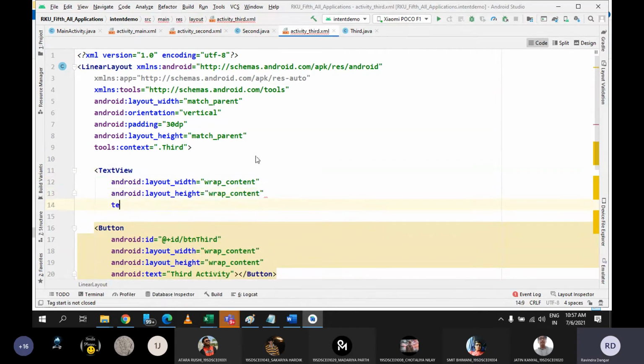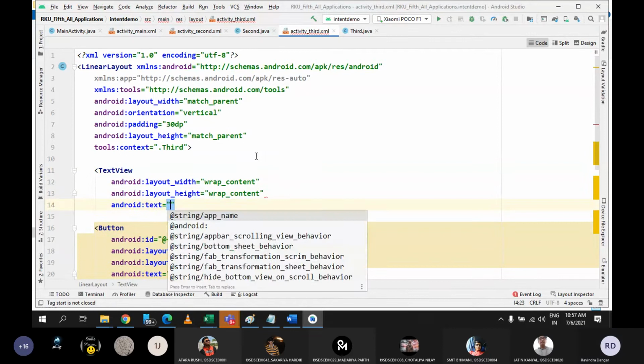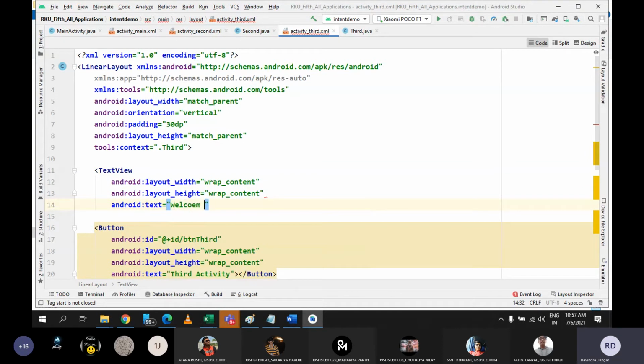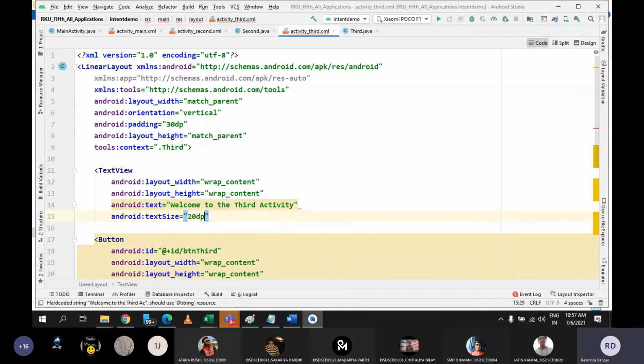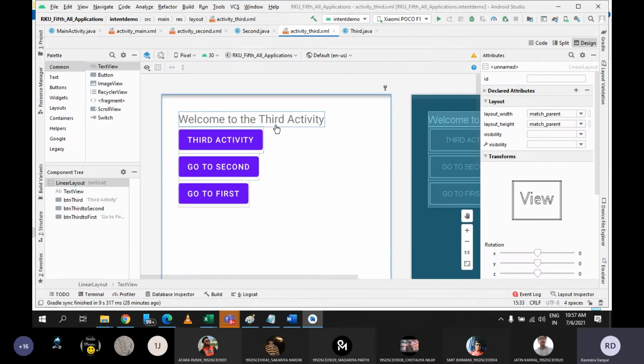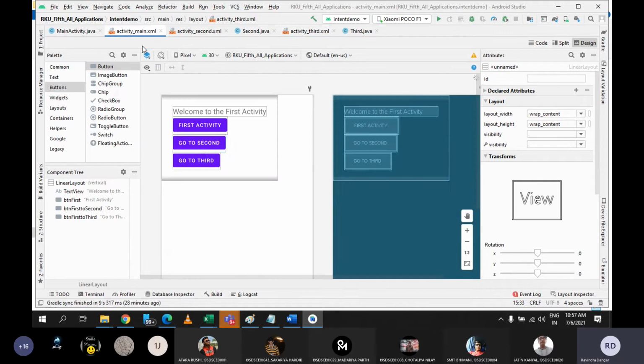Wrap content, and I can write welcome to the third activity. You can go with text size 20 dp, and this is the design. Welcome to third activity. So now once I click on the second button in the first activity, which says go to second,